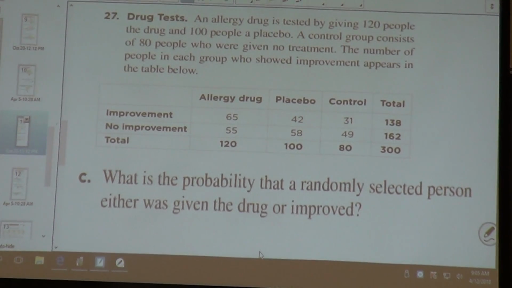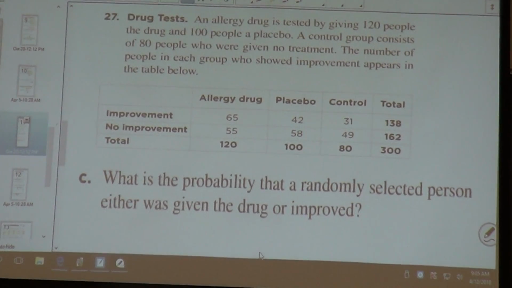The probability that they were either given the drug